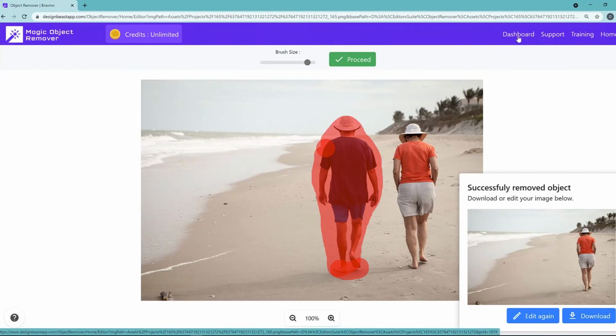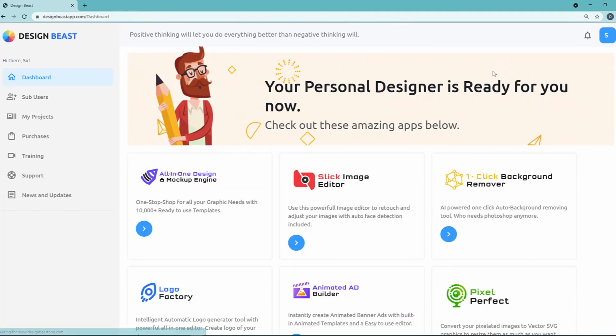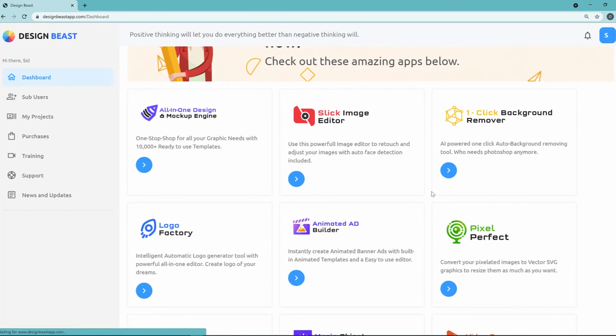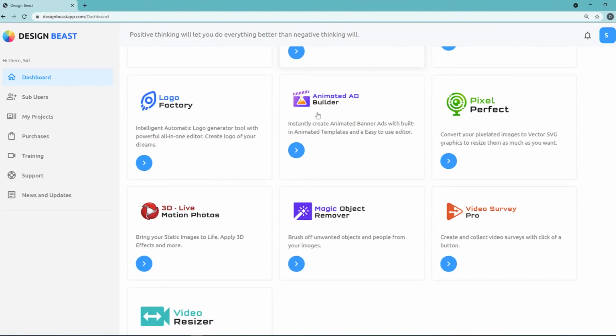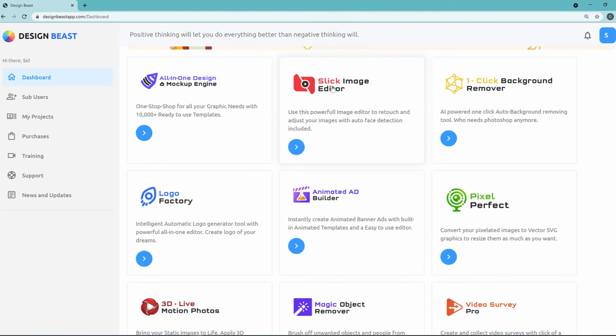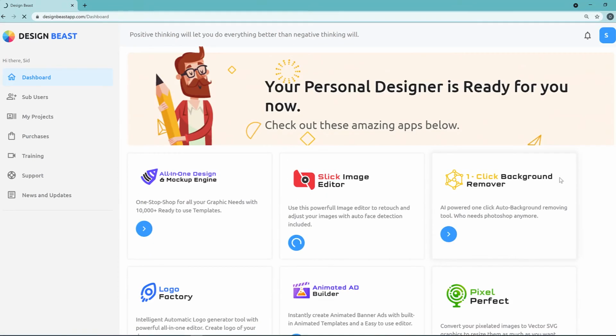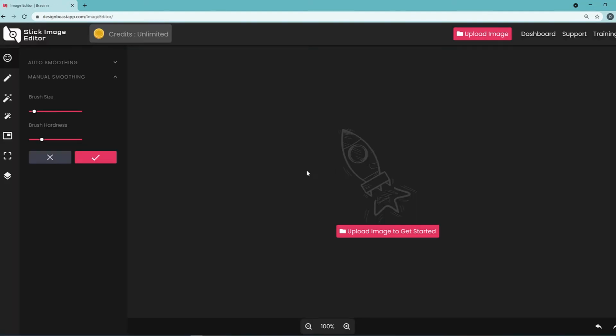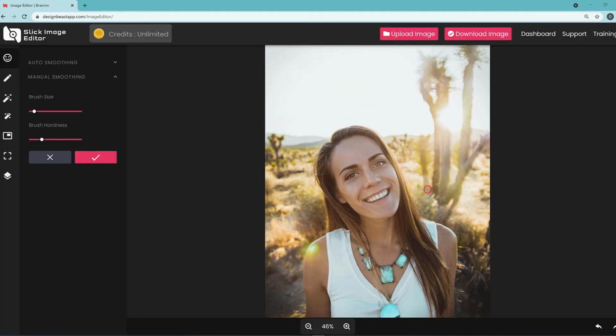Now click on the dashboard here one more time. Let me show you the other great application that's built in here, which is, as you can imagine, the Slick Image Editor technology. Click on that. And this one is pretty cool, by the way. You can now immediately upload any one of the images or anything that you've created right now and add effects, and you can do all kinds of cool things. So for example, let me show you the beautiful part about this. I just uploaded this one right here of this